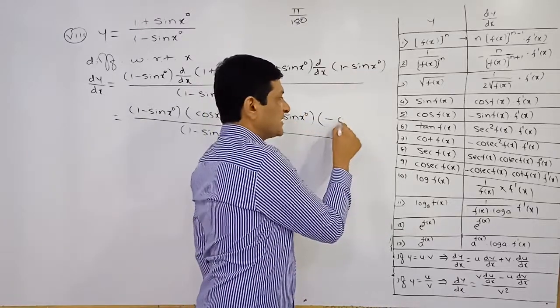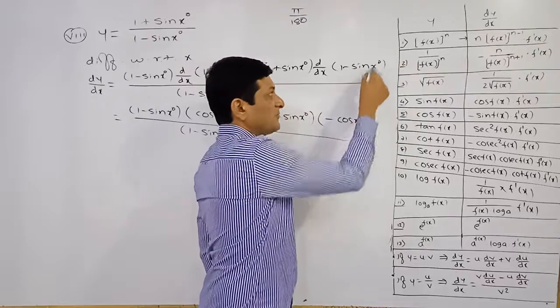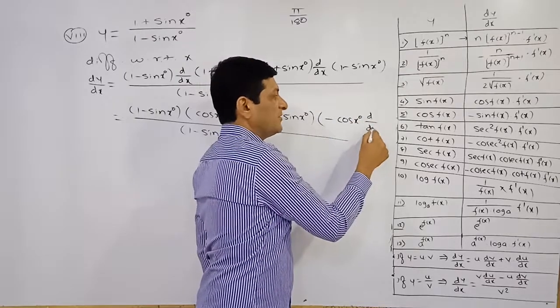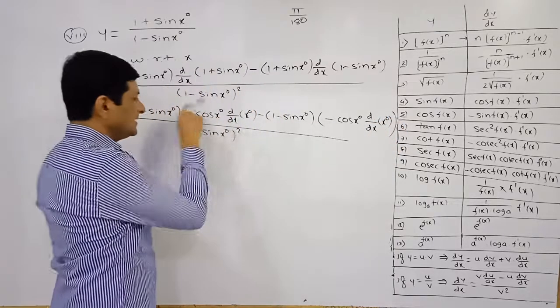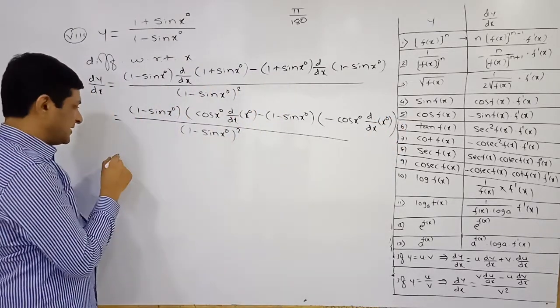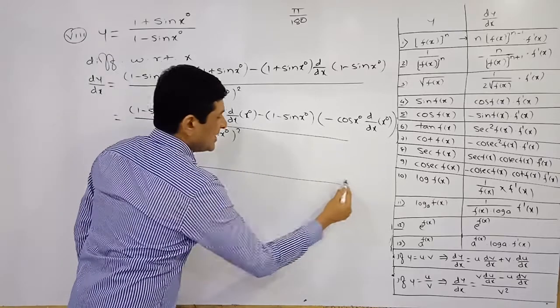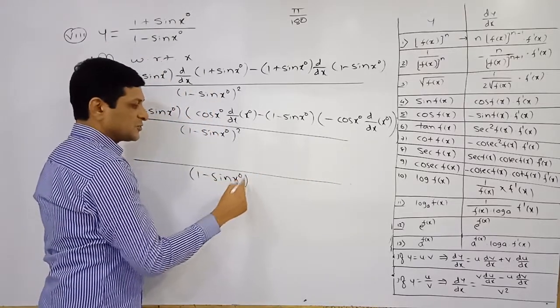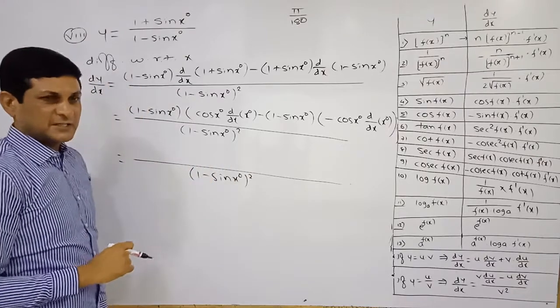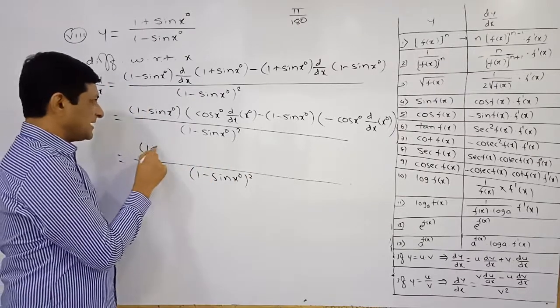Derivative of sin f of x is cos f of x. What is f of x? x degree. So the derivative of f of x means the derivative of x degree. In the denominator we have already written 1 minus sin x degree raised to power 2, keep it as it is. So this equals 1 upon 1 minus sin